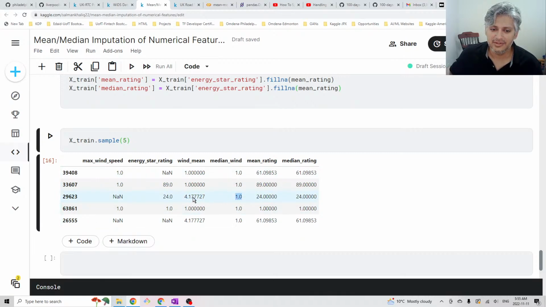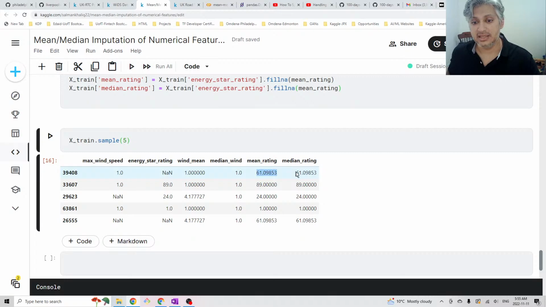You can see the difference between the values is pretty big. This one has a mean rating of this one. So this one has a NaN value here. It got replaced by the mean value, which was 61. And the median value was also 61. So mean and median were the same. So you can see the energy star rating, the mean value and the median value are technically the same, which means